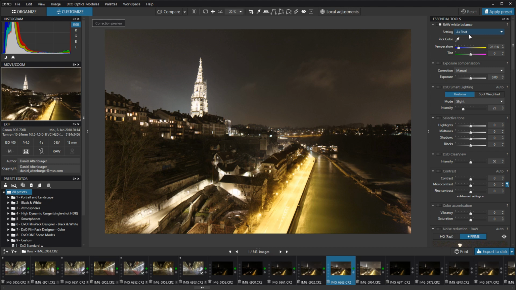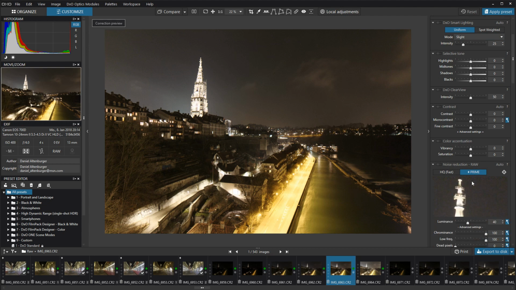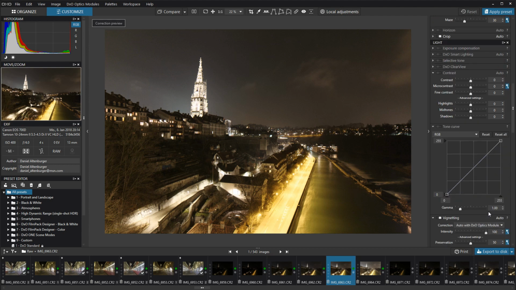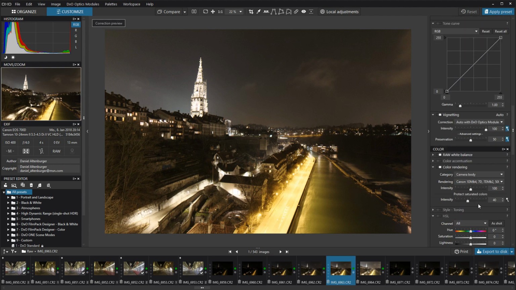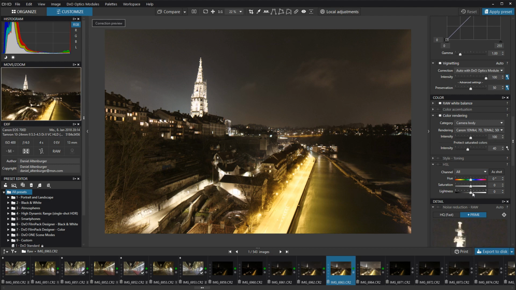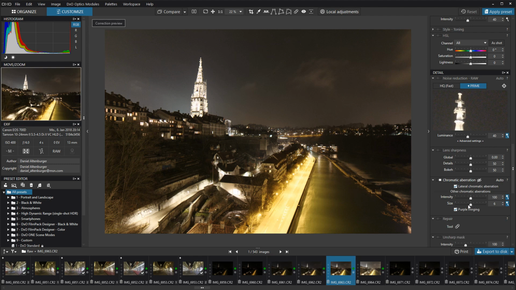In my case, the workflow usually starts with white balance, exposure compensation, some selective toning, maybe some contrast adjustment, color adjustment, of course noise reduction. There's a curves tool, vignetting correction, further color correction using the HSL tool, sharpening, chromatic aberration correction,